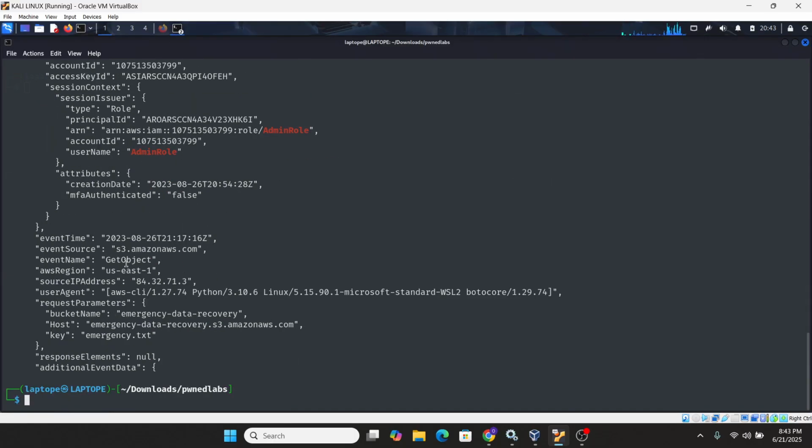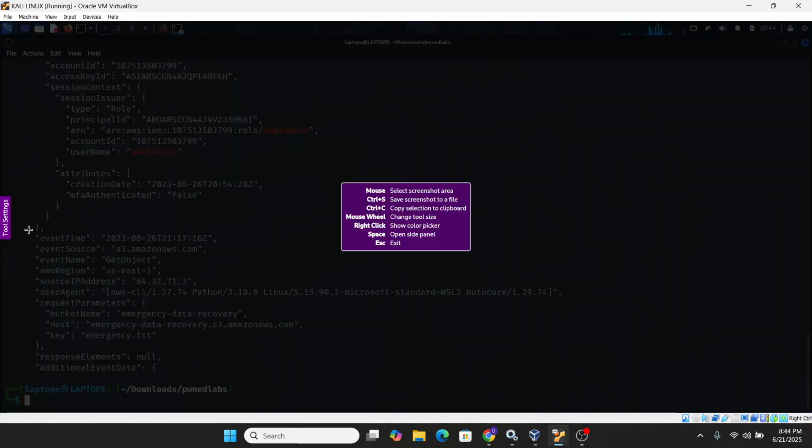Then from here, we know that the user then got object, performed an event called get object, and was able to exfiltrate data. Now let's take our screenshot here as well.